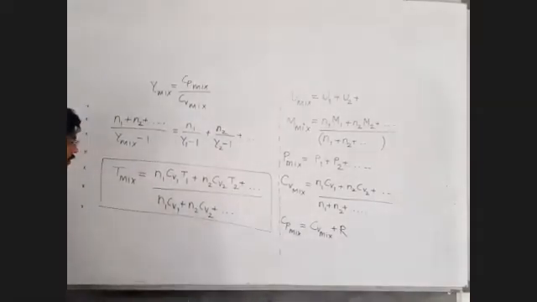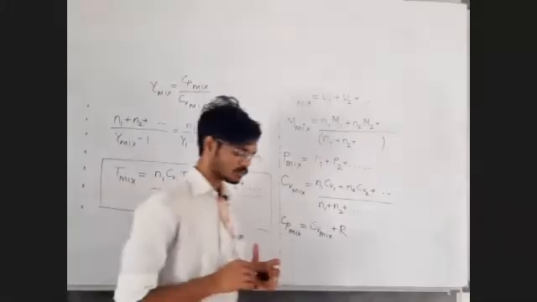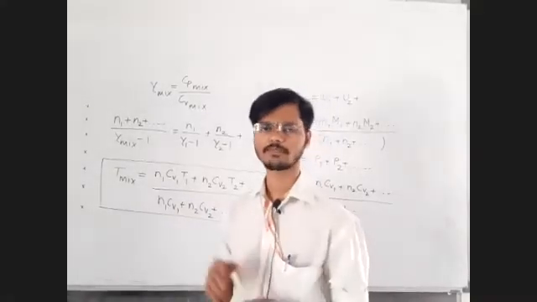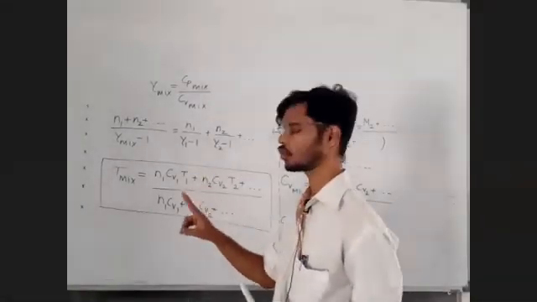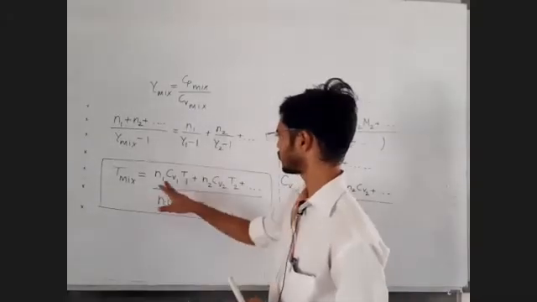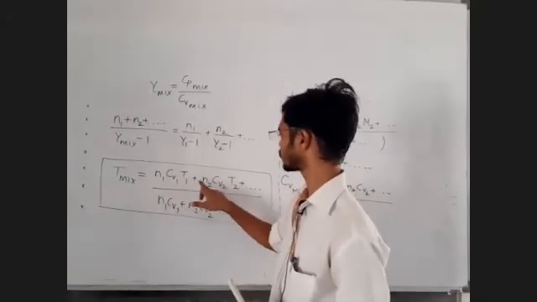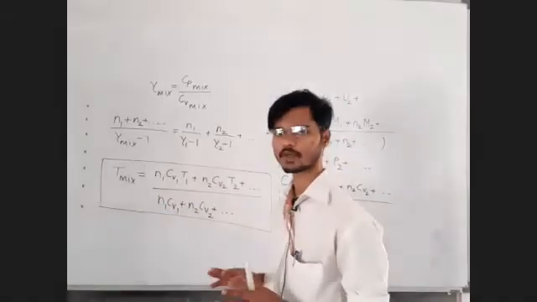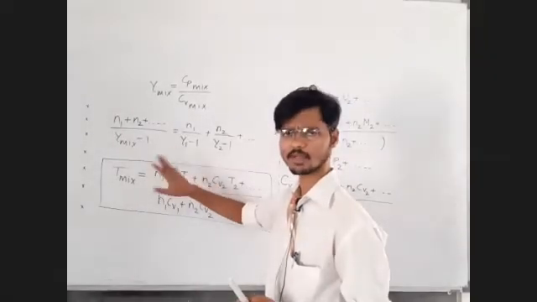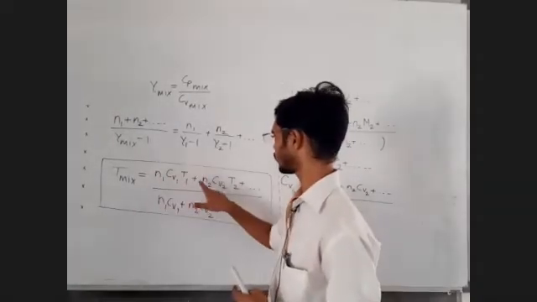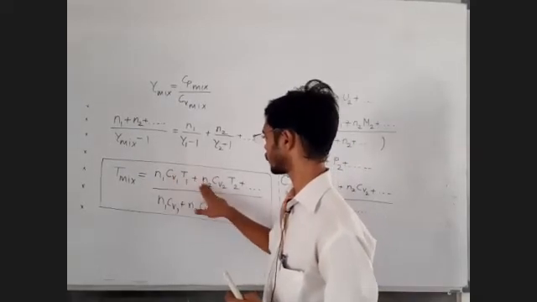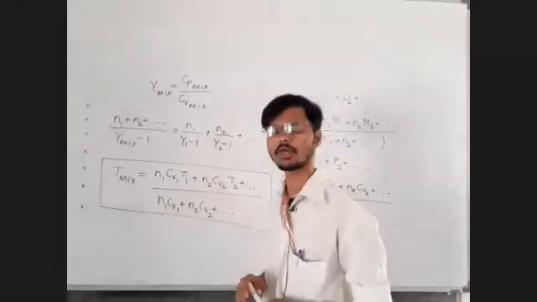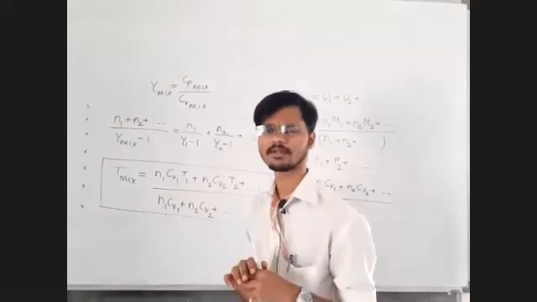Okay. Now, most of the times we will be given the mixture of gases and we will be asked what is the final temperature of the mixture. And in that case, let's say two gases we are given. So in that case, we will write only N1 CV1 T1 plus N2 CV2 T2 whole divided by N1 CV1 plus N2 CV2. Okay. Now number of moles or mass and molar mass will be given to you so that you can find out the number of moles N1 and N2. So no worries about N1, N2. Now we have to think of CV1, CV2. Okay. So they will write something like this.